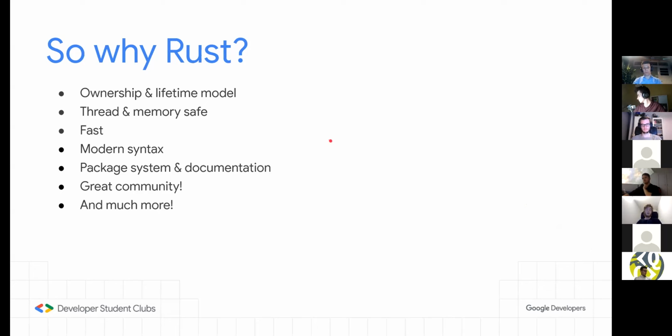Rust also has what they call zero cost abstraction. So there are things like, you can, for example, sum all values in a list really easily with one line of code, and it performs as fast as writing it manually, which again makes it quite brief and easy to read. Then there's a package system like Cargo and documentation. Documentation is really, really nice.